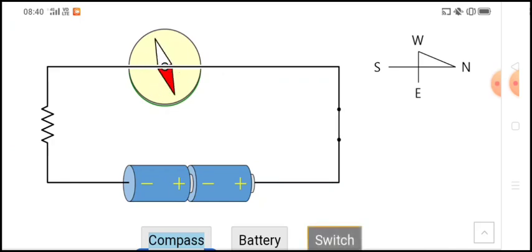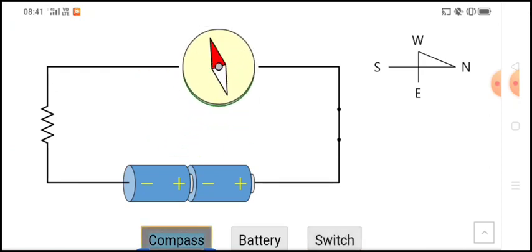Obviously, when no current is flowing through the circuit, the compass needle shows no deflection. Now, as soon as the switch is pressed on, you can see there is a deflection in the compass needle. Now, I had told you earlier that the pointer, for the sake of convenience, is marked red on one side that denotes the north. So, when the switch is pressed off, the deflection returns to its normal state, while the pointer again gets deflected as soon as the current is flowing.